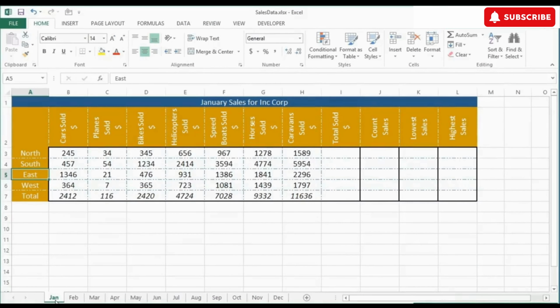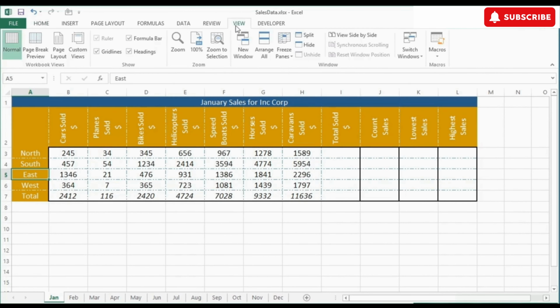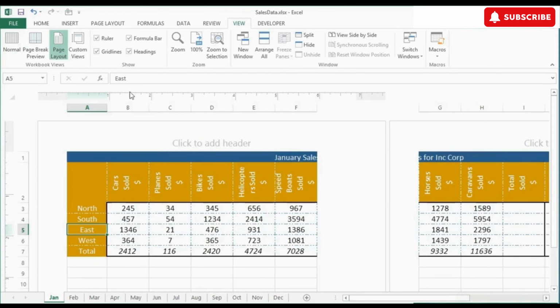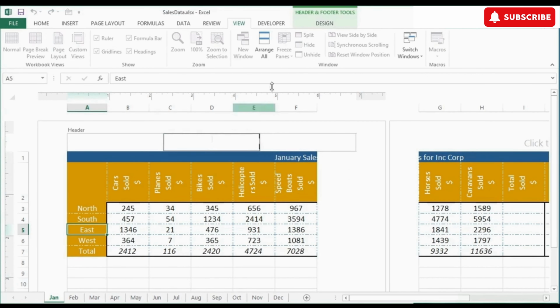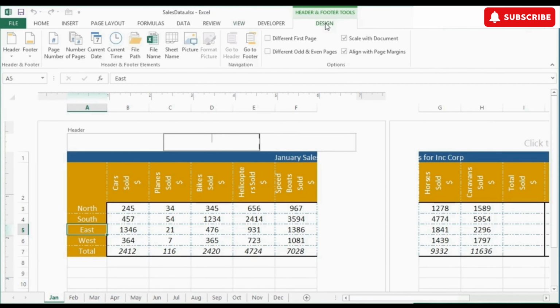If you want to add a workbook's full path, its sheet name, or its single file name without the path to an Excel workbook, then it's really very easy if you use the header and footers. We simply go to View, Page Layout. This will then show you the option for the headers, where I can click to add a header, go to Header and Footer Tools Design, and I have options to insert the file path or the file name or the